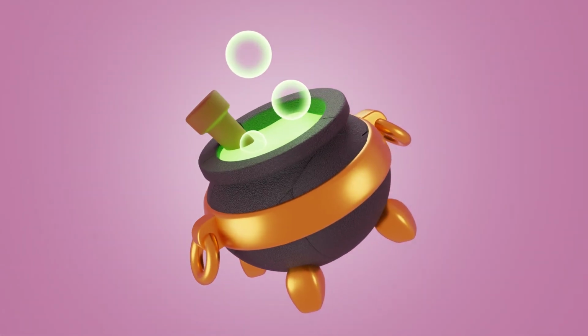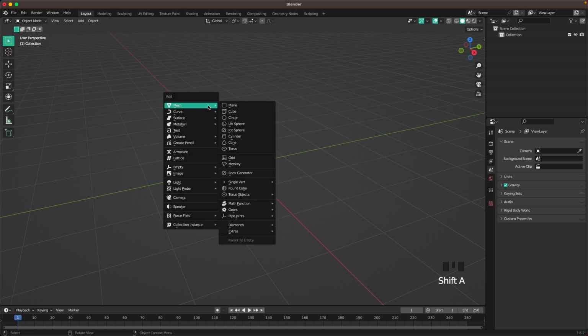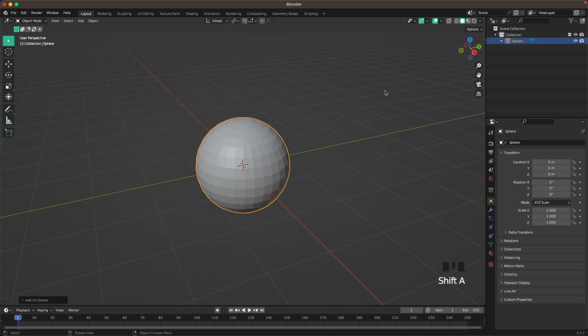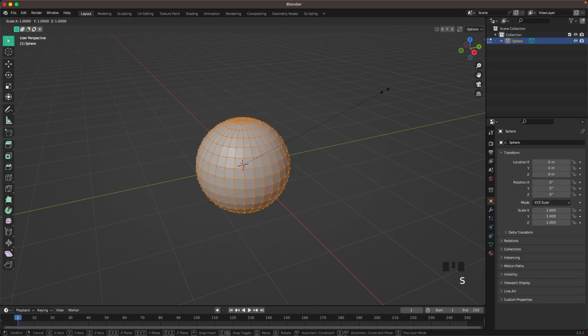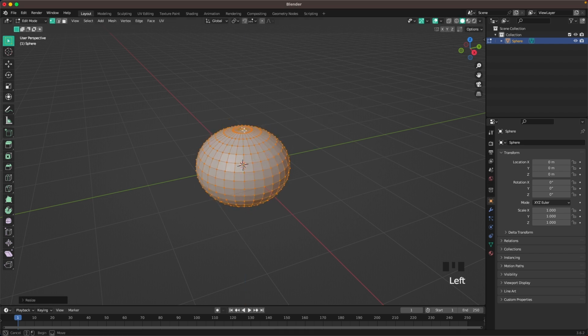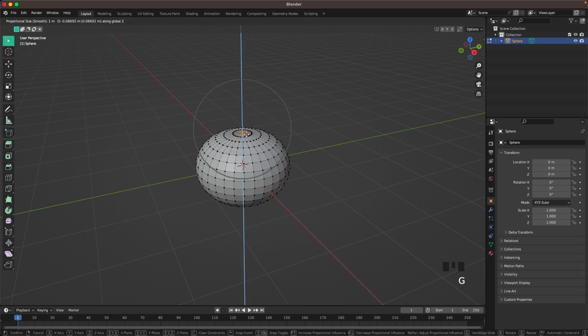In this tutorial, I'll walk you through every step I use to create this cauldron. Let's go. Press Shift A and add a UV sphere. Press Tab to go into edit mode, press S and Z and scale it down a tiny bit on the Z axis. Select the top third, press O to activate proportional editing, press G and Z and then move it